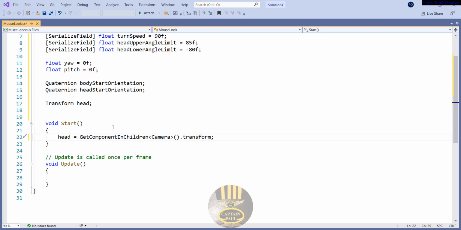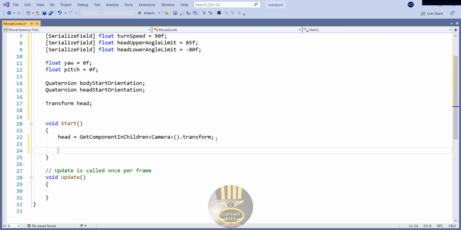There. Now to catch the orientation of the body and the head, I'm going to copy this, grab that, come right down here and just enter that in here, and I'm going to then say transform.localRotation,